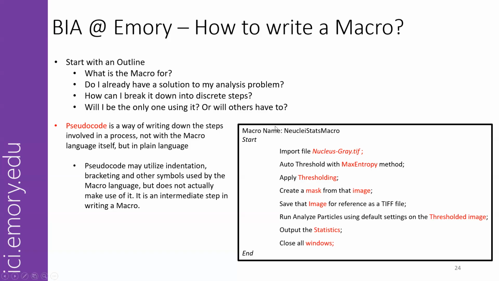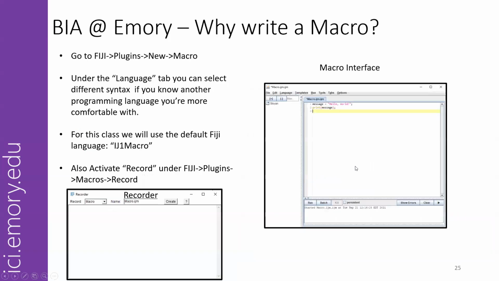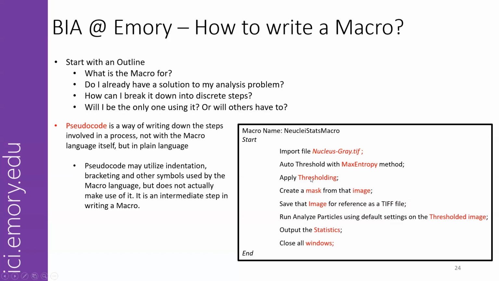So in the example here, we would import this image or an image like it in a more general sense. We would threshold with the max entropy method. Here we're defining the function we want to call and the input parameters for that function. We apply the threshold, we create a mask from that image, save that image as a TIFF file,